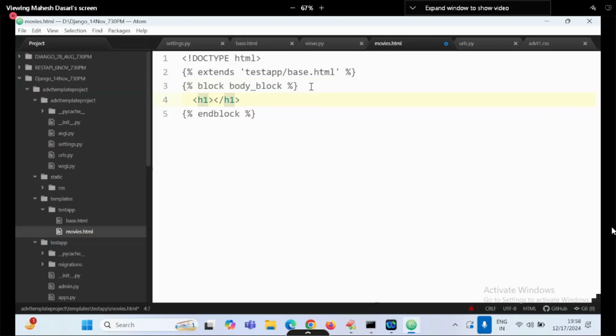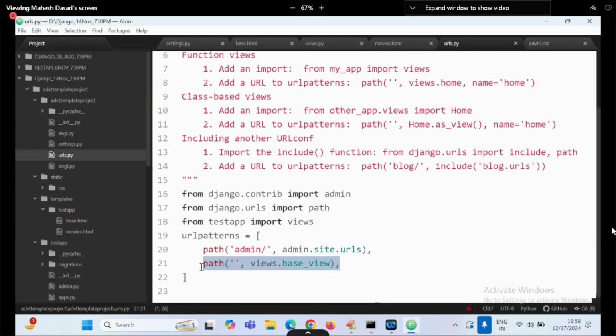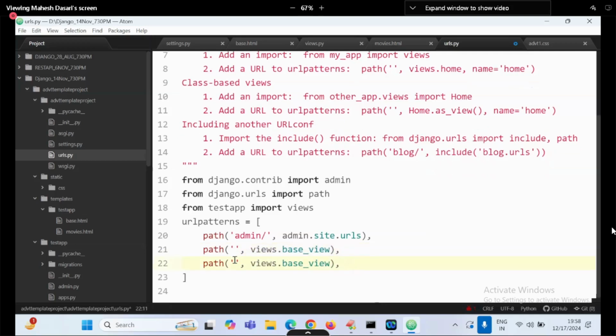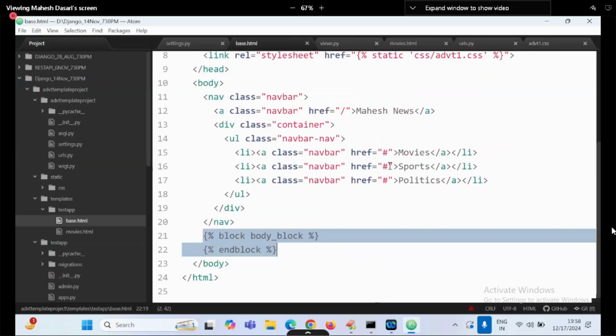I'm not writing anything, just an h1 tag: this is movies information. Images, all the things you wish. For this, a URL is required. Movies view. This URL you have to mention in the base page. Go to the base. Instead of a hash symbol,